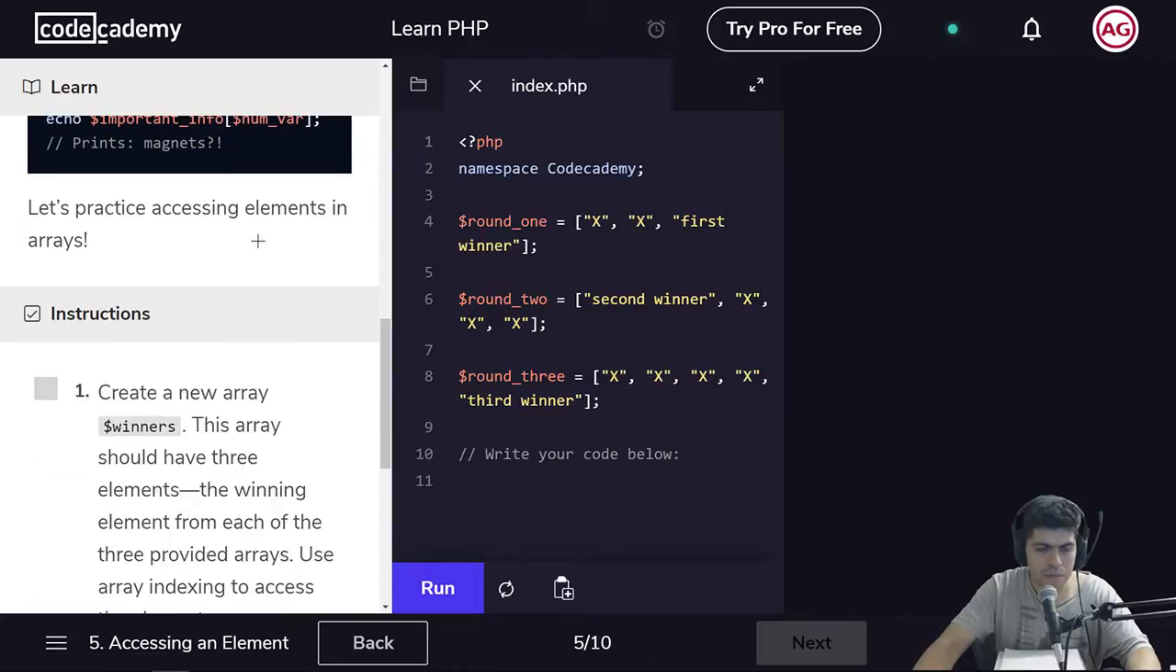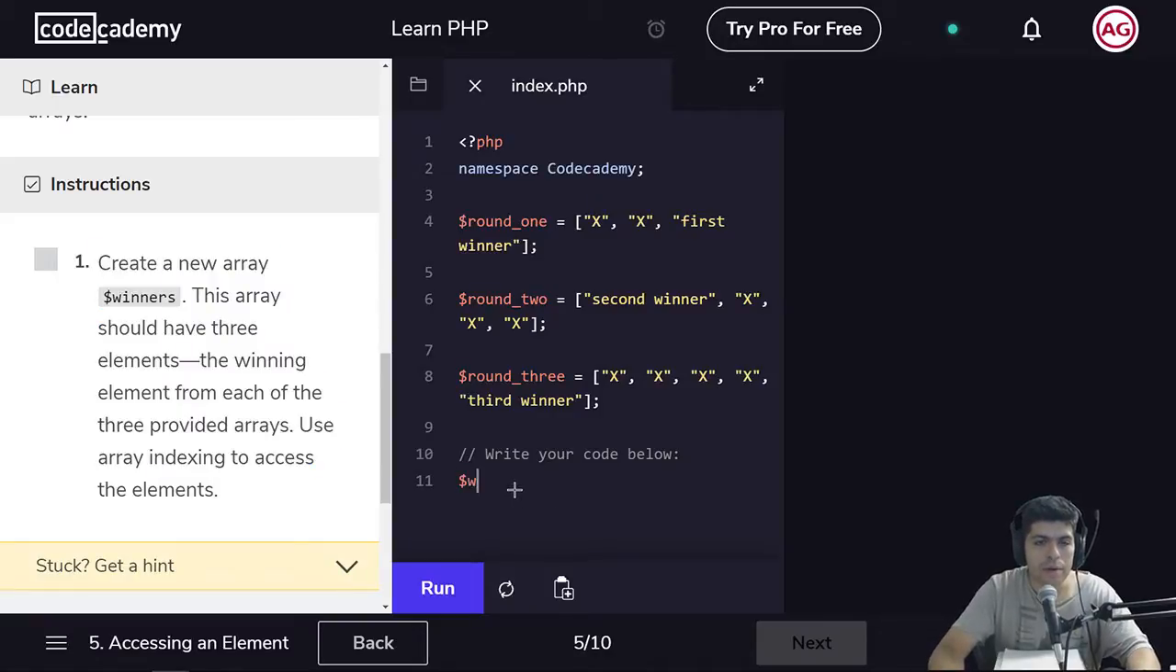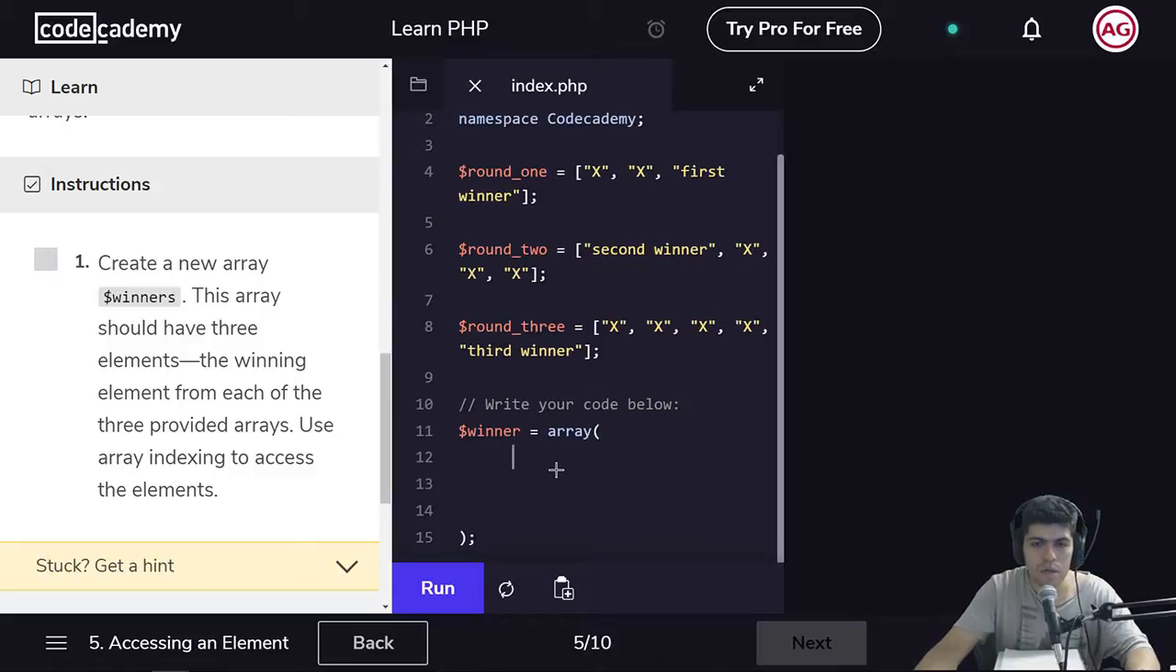Okay. Create a new array. Okay. So my array is going to be winner. Okay. I'm gonna do this way. Actually, I know that way, so I'm not gonna do it that way. So I'm gonna do this array should have 3 elements. The winning element from each of the 3 provided arrays use